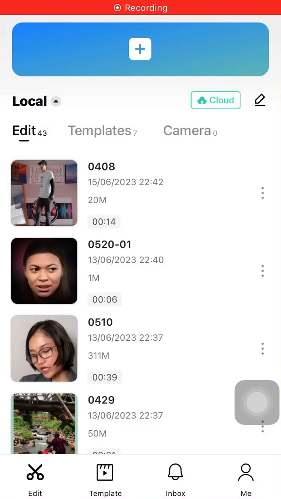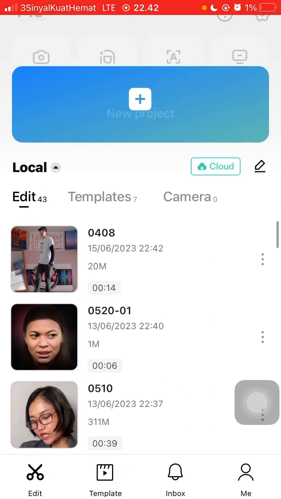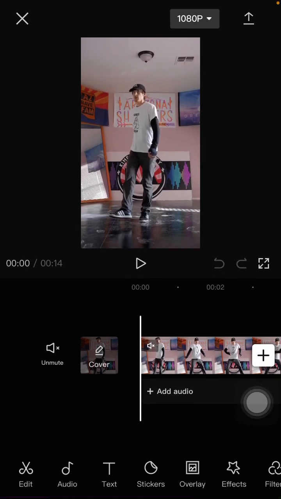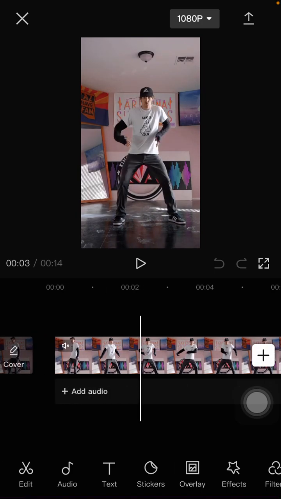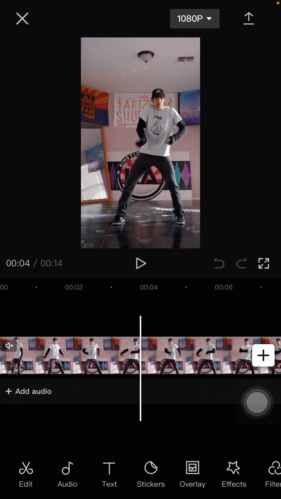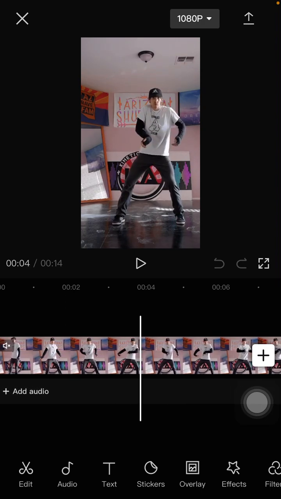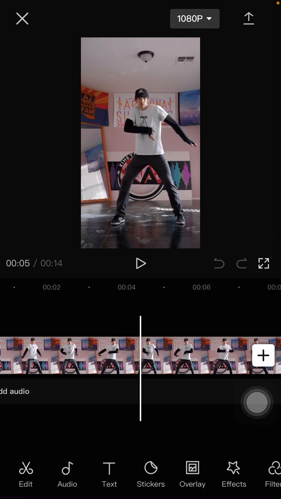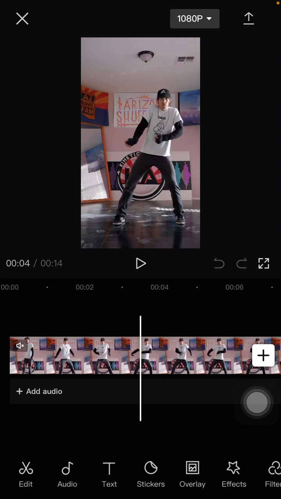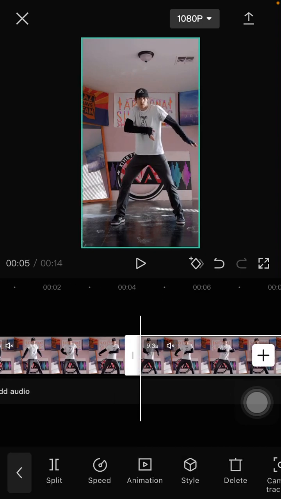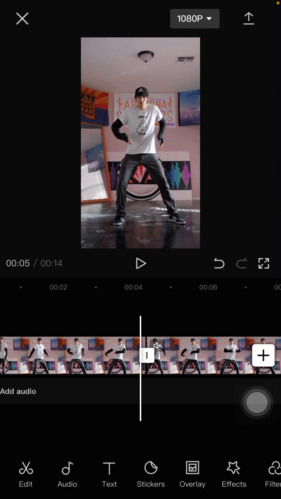Hello everyone, in this video I'm going to show you how you can create the slanted blur transition effect in CapCut PC. So tap on your project, select your videos you'd like to edit, and I'm just going to open my project. I already have a video here. And for example, you can select the part you'd like to edit. Okay, just split, and then you can